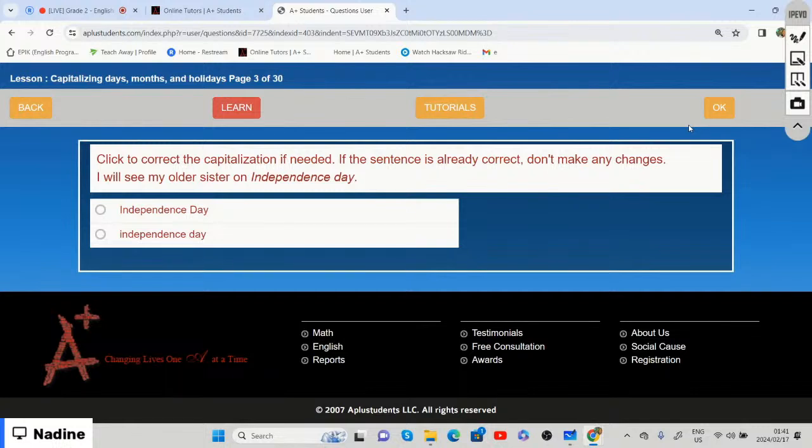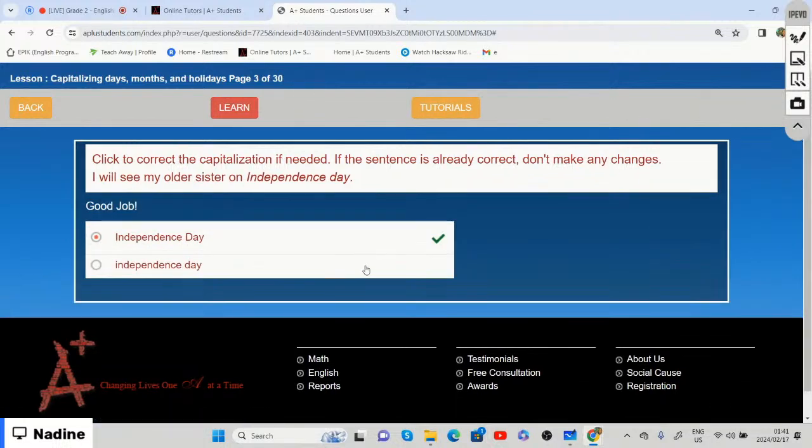And if we choose the correct one, we will choose the first one, which is capital letter I for independence, as well as day needs to be capitalized,